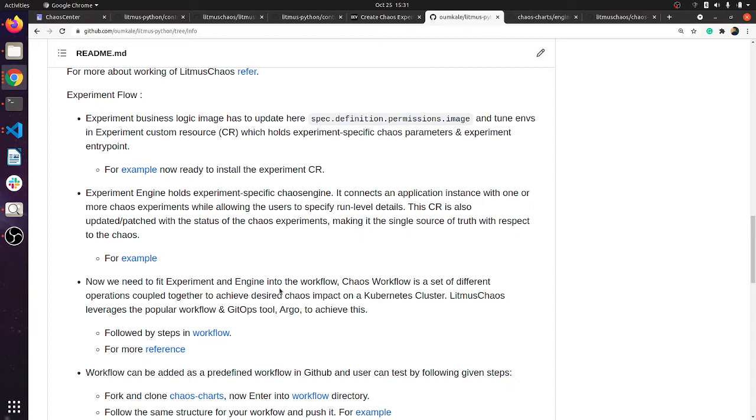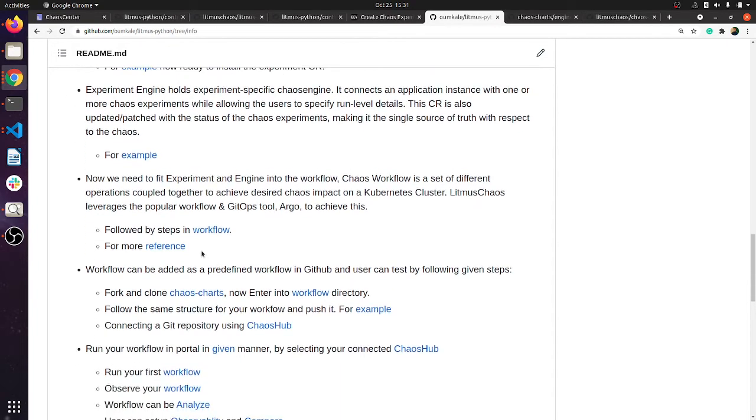The chaos workflow is a set of different experiments coupled together to achieve the desired chaos impact on a Kubernetes cluster. This is basically the default template, the default workflow. The example here is taken from the predefined workflow.